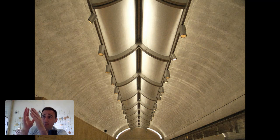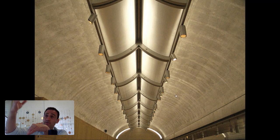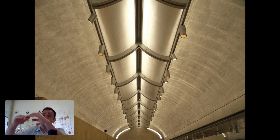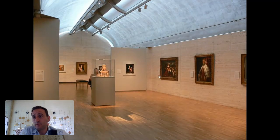And then he has these perforated aluminum screens that are diffusing that natural light and reflecting it back on this curved underside of the barrel vault, which is then washing the interior space with a diffuse light quality, which people describe as having an absolutely sublime quality. There is some artificial light in this image, you can see from these spotlights, but very little